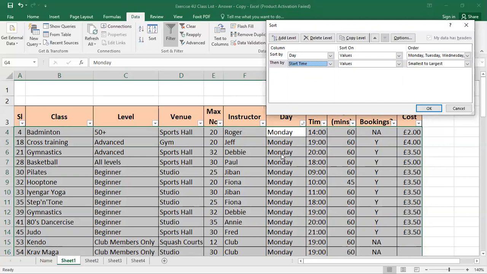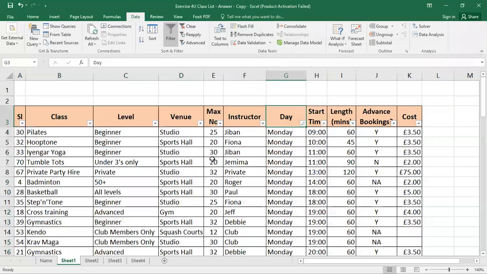So that's why I select the start time, and here it is the values and smallest to largest. This is the second level of the sorting. And if I just click OK, look here, right now the table is organized in a way where the smallest time comes first.